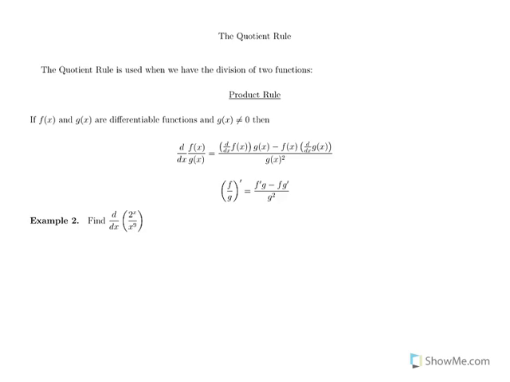So this rule is similar to the product rule with a couple differences. We have the derivative of the top times the bottom minus the top times the derivative of the bottom. Note that we have a minus sign here, which is different than the product rule, which had a plus. And then we divide by the bottom squared. So usually we're going to write this with the prime notation. (f/g)', the derivative of f over g, is going to be f'g minus fg' over g squared. And I've heard this little saying that we have maybe